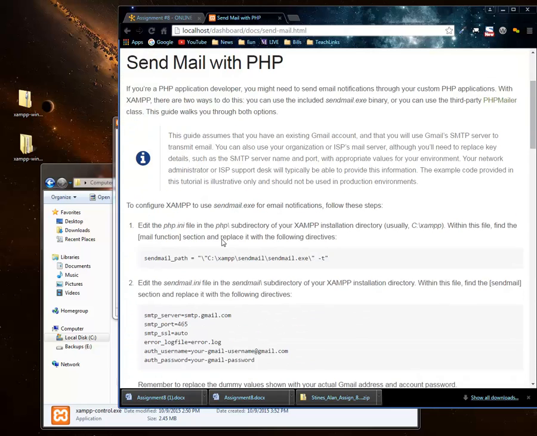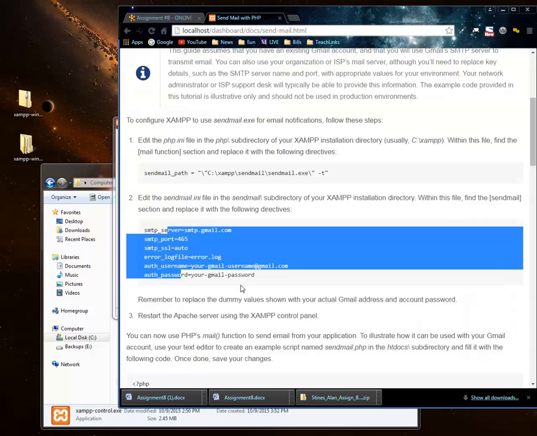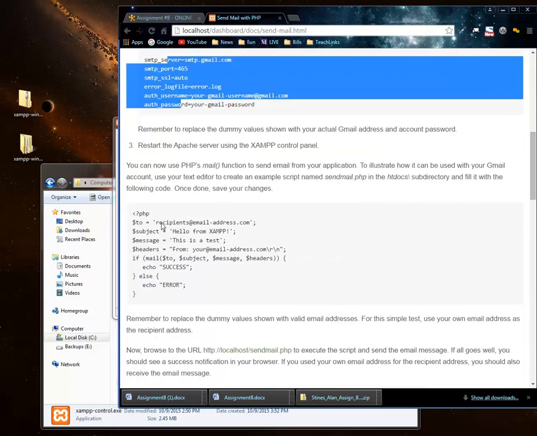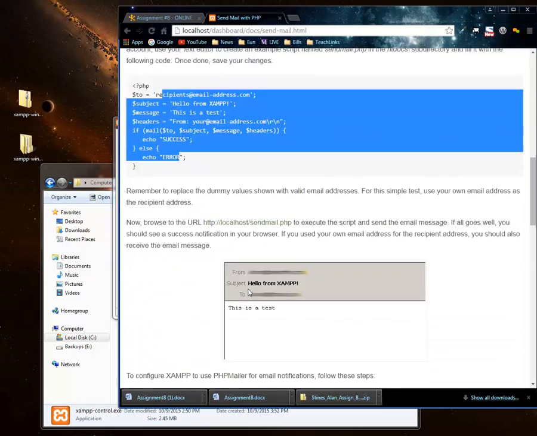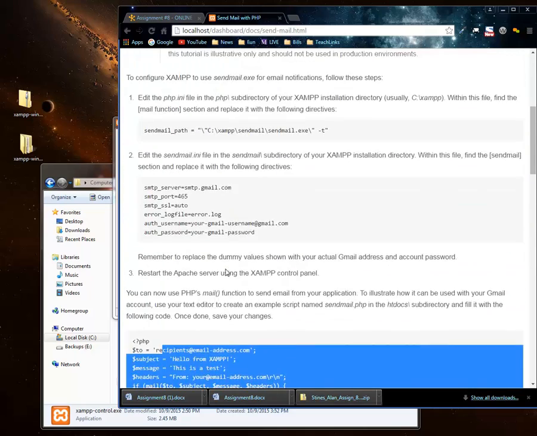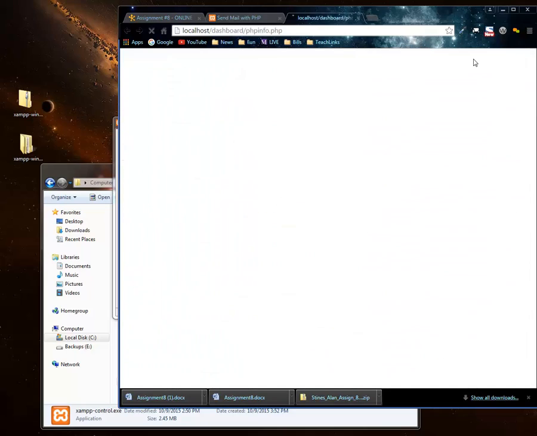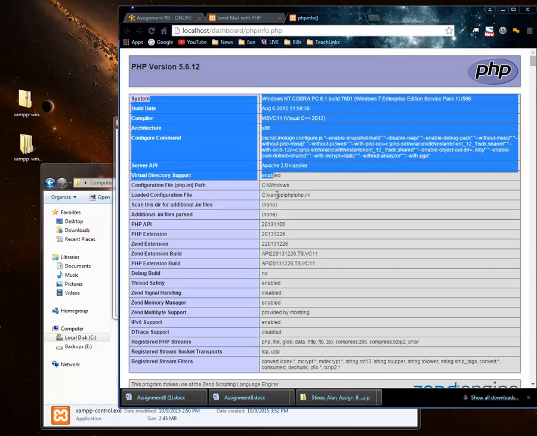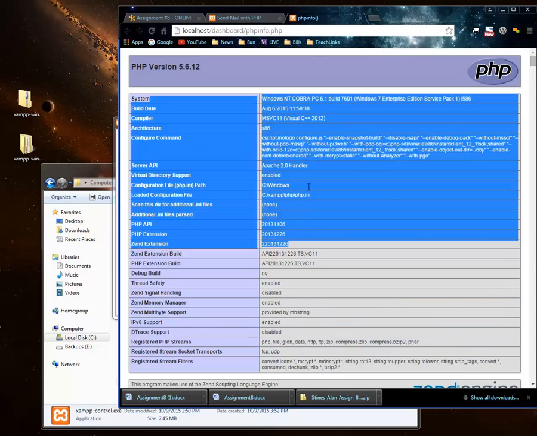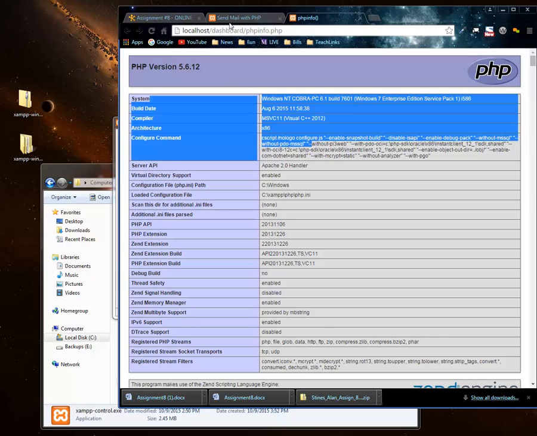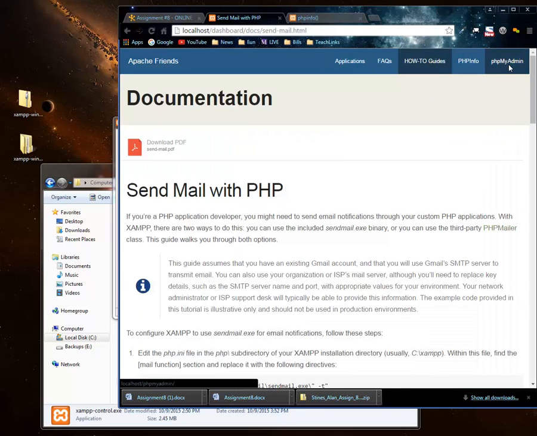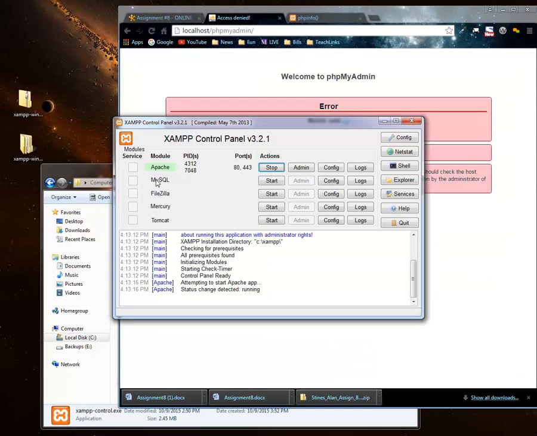How to send an email with PHP, it tells you how to configure it and stuff like that. And here's some PHP code that will do that. We'll send an email. But it's pretty neat. You can click this PHP info, and it tells you all about your PHP environment. And phpMyAdmin won't work because that's tied to this MySQL, but if you kicked it up,